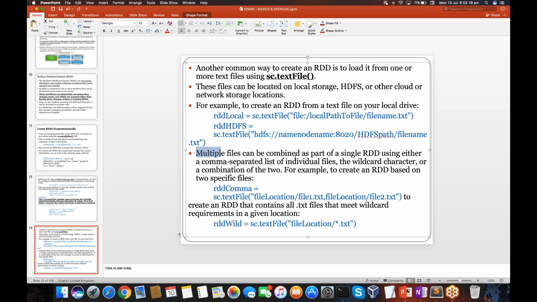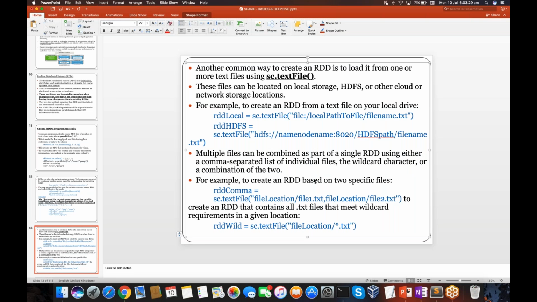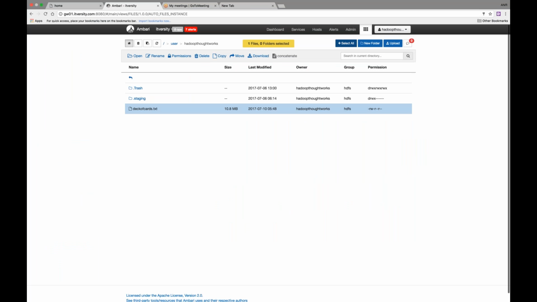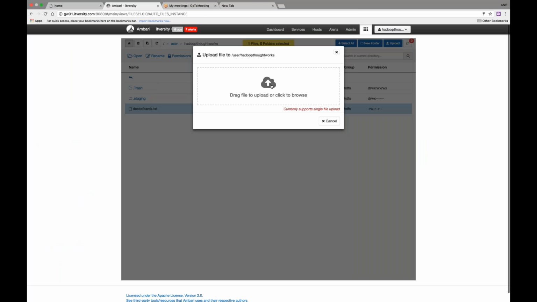Multiple files can also be loaded as a part of a single RDD using either a comma separated list of individual files, the wildcard characters, or a combination of the two. For example, to create an RDD from two specific files, this is file 1, file 2. Okay, I can also show you that. It's very simple, guys. Load other file from here, upload, drag file,